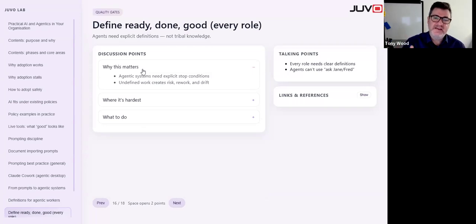So what would I recommend that you would do? Define what ready, good, and especially done and good looks like for every single role that you fulfill. And I believe in the next 6 to 9 months, we'll no longer have jobs that you do. You'll have roles and skills that you can complete because AI and agentics will be doing a whole raft of the general stuff. And we would need to then orchestrate those roles, very much managerial roles. And you cannot do that if you don't know what good looks like. You will end up with slop, but you'll end up with slop at great speed.